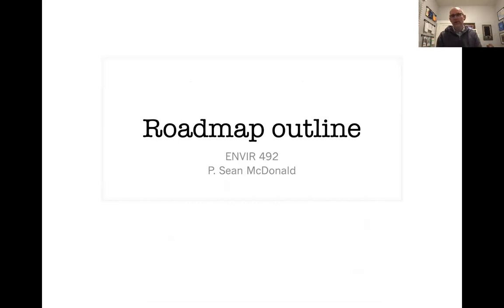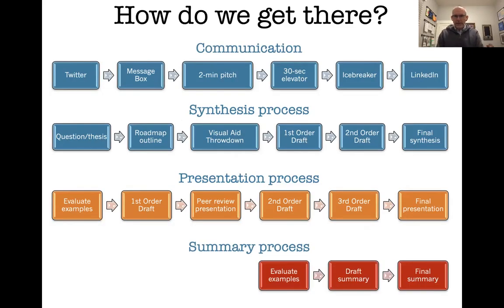All right, so that's the synthesis. But the next step in producing the synthesis is actually producing the roadmap outline. If you look at the structure of our approach to dealing with the synthesis process, one of the early things we need to do is the roadmap outline. The reason we do this is that the roadmap outline is extremely helpful for you, for developing the structure for your ideas,